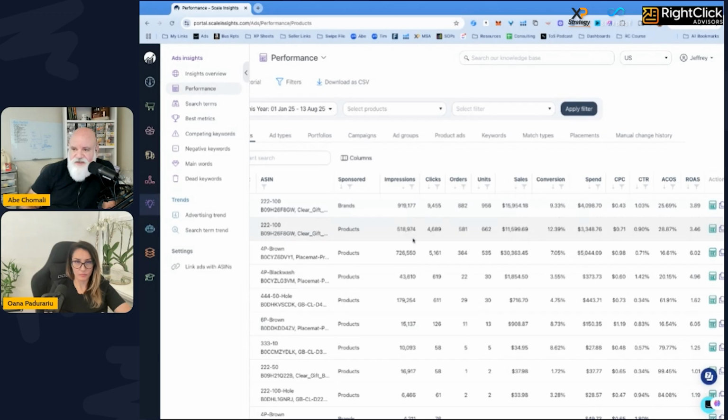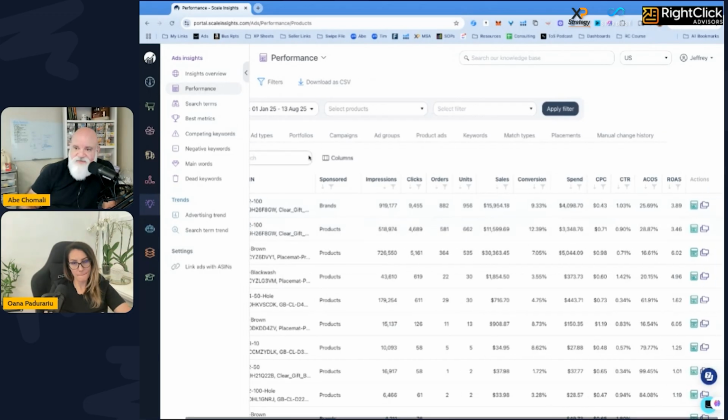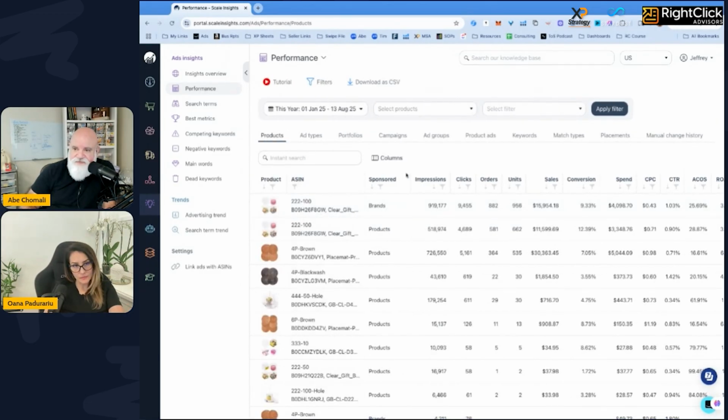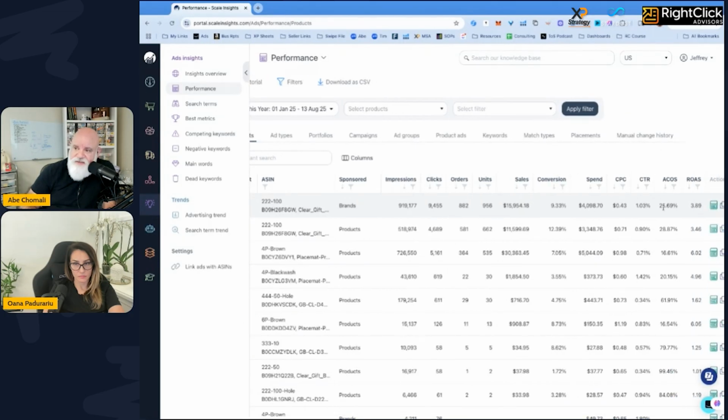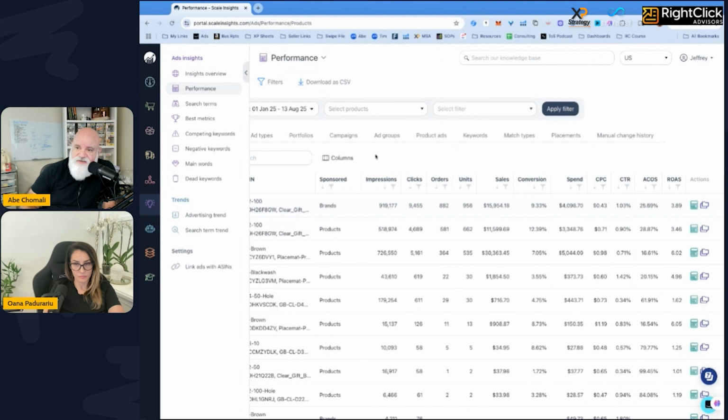You can see here the columns. I'll run you through them, even though you can do that yourself. We have, of course, the product itself. Here it's telling you whether the product is listed in sponsored brands, products, etc. You've got your impressions, clicks, orders, units, sales. As we've discussed before, units can be higher than orders in case people buy more than one piece on an order. Sales, conversion rates, spend, CPCs, CTRs. CTRs are click-through rates. So for however many people saw your ad, divided by how many people clicked through your ad, that's your CTR. You've got your ACoS on the product, and you've got your ROAS, which is your ACoS